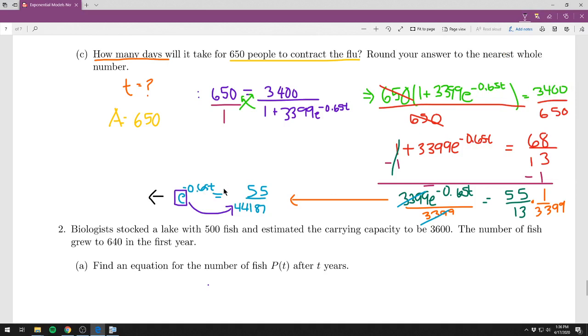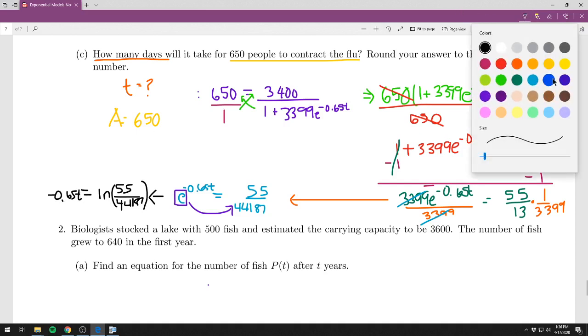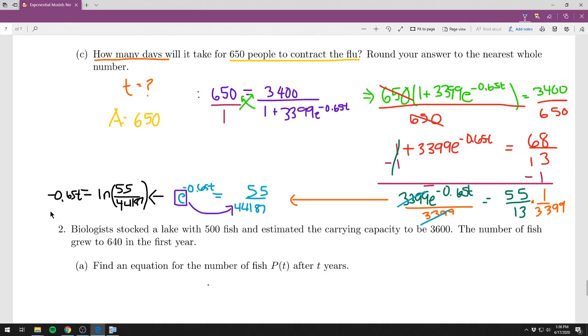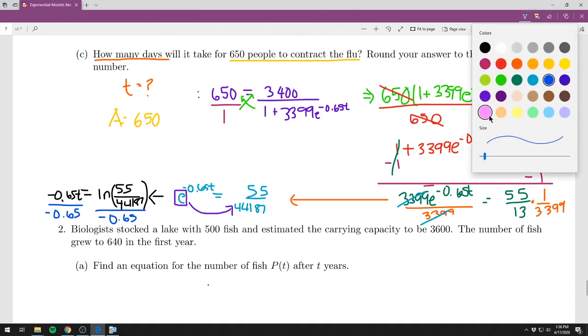When we switch to log form, we get the natural log of that messy fraction on the left side, 55 over 44,187, equals negative 0.65 t. And if we divide by the negative 0.65